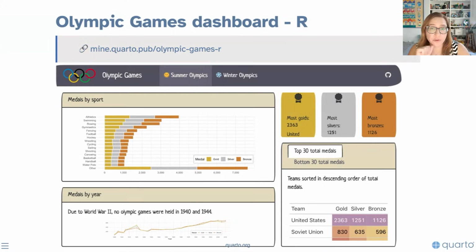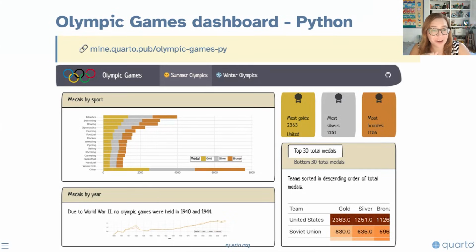For the R version, we're going to use primarily packages from the Tidyverse and make our visualizations with ggplot2 and our tables with the GT package. And if you're going to be following along in Python, you can grab the Python starter document, and there's some starter code that you'll find in there that uses plot9 for the visualizations and great tables for the tables. And you'll be able to follow along with the examples in either language, though I will be primarily showing our examples while I'm live coding.